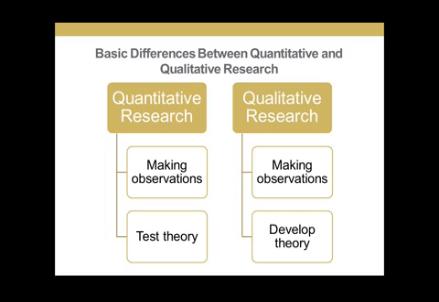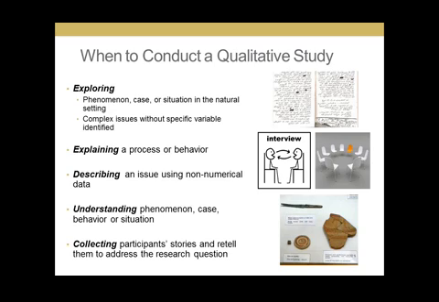But for qualitative research, what you are focusing on is collecting information or making observations to develop themes to address your research question, or to develop a theory for you to understand a problem that you have identified, or to understand a phenomenon. So for quantitative, you are collecting numbers. For qualitative, you are collecting narrative stories. You are collecting words from participants to develop themes that represent the information collected from participants, and at the same time address your research question.